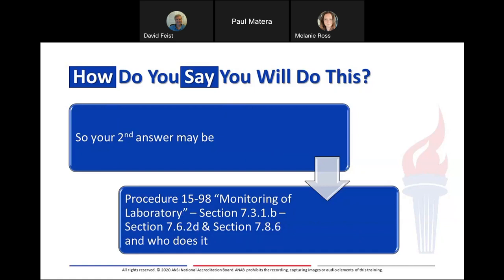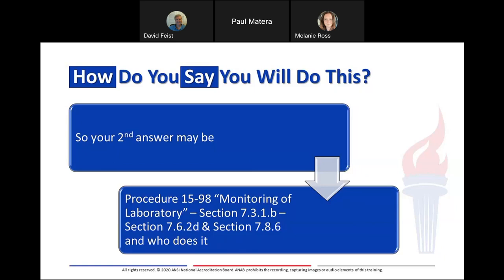And so your second answer in saying how you will do this may be that you say, okay, how we do this is procedure 1598, monitoring of the laboratory, section 7.3.1.b through section 7.6.2.d, and also in section 7.8.6.